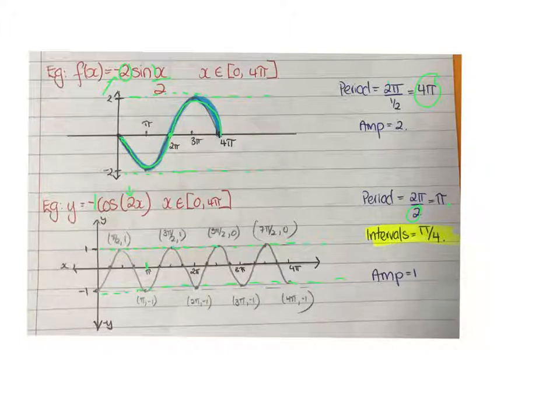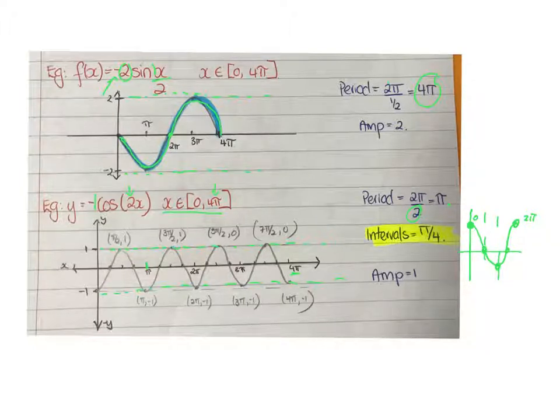Now they want me to go up to 4 pi here. So I'm going to have to keep drawing all the way up to 4 pi, which is why I've got that there. Now what can help is to find the intervals, because we know when we draw, say, a basic cosine graph, that we have the quadrants of the unit circle. So there's the 4, so we start at 0 and then we're back to 2 pi. So it's sometimes good to find out these quarters, these intervals, and you can do that by getting the period